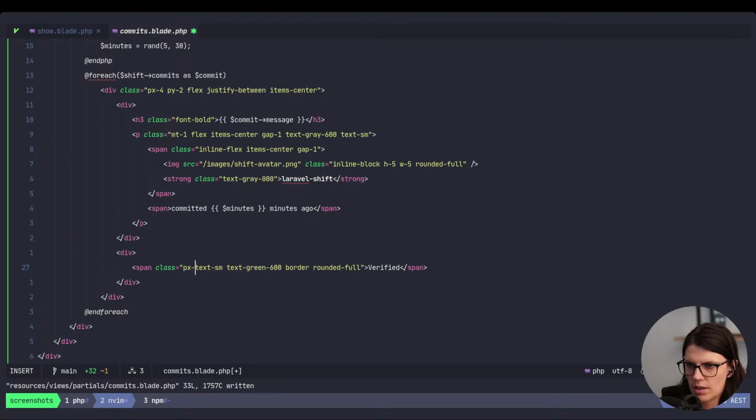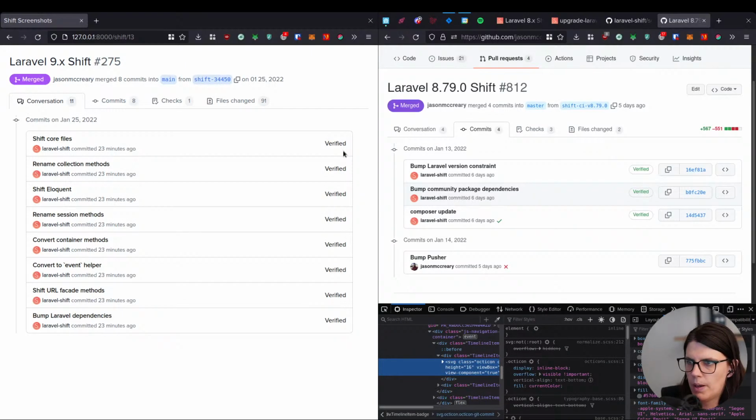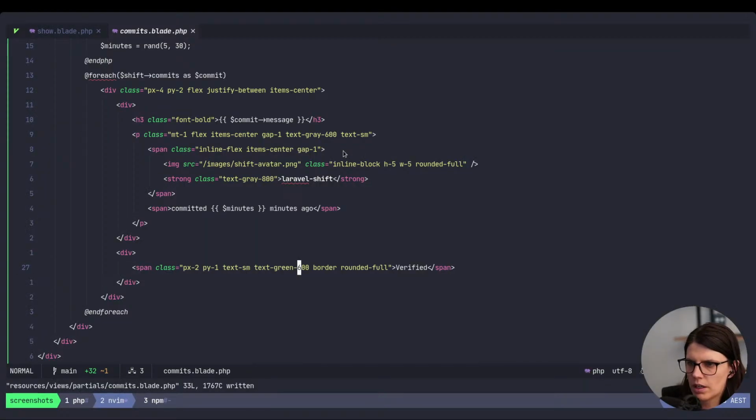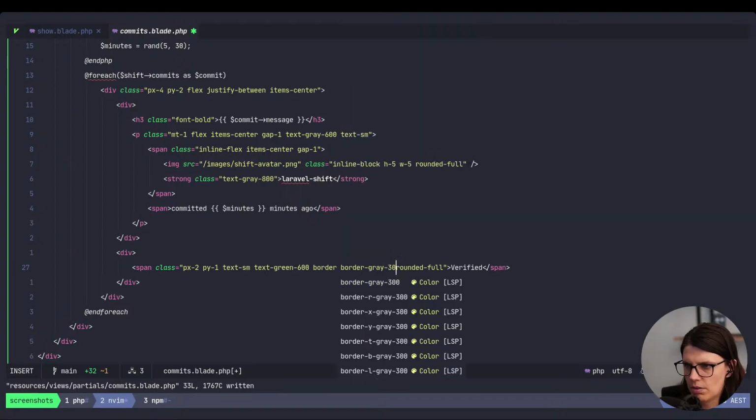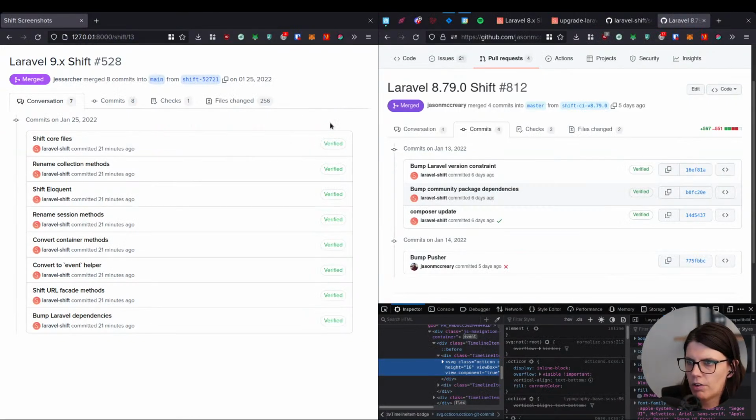It's got a bit of padding. It's pretty close. I feel like that's that darker border color again. I'd almost be inclined to customize the Tailwind config to make the default border color 300 for this project, but